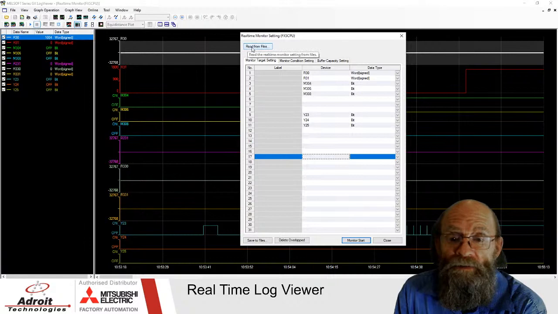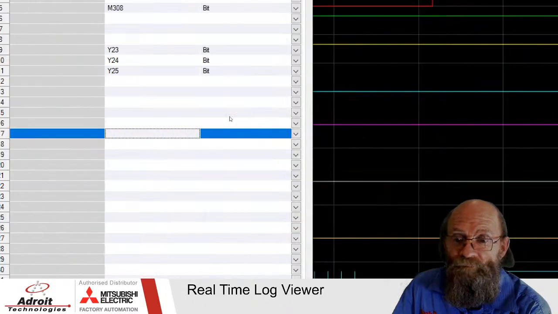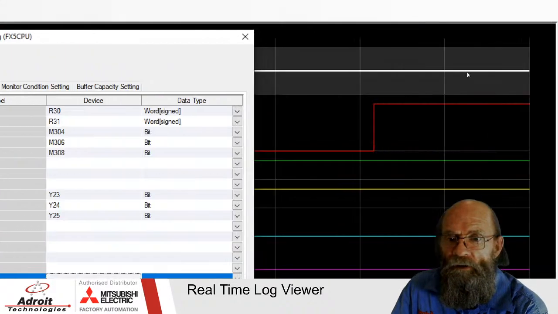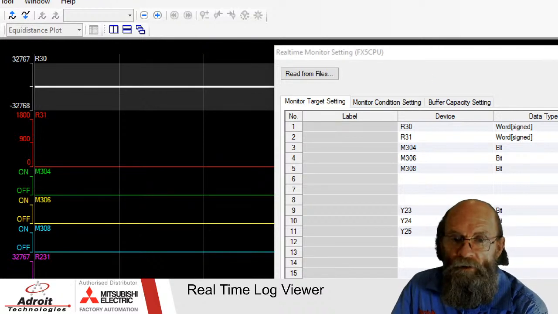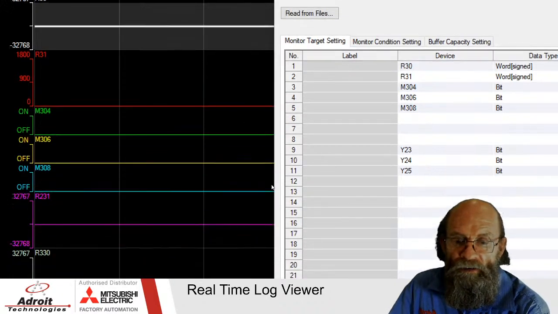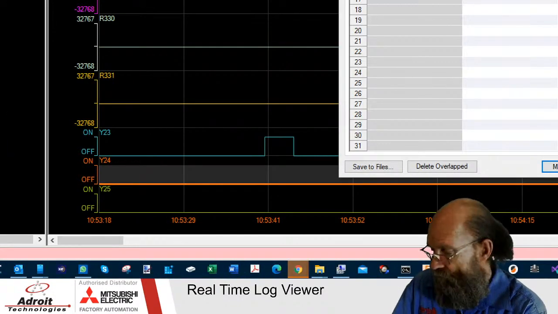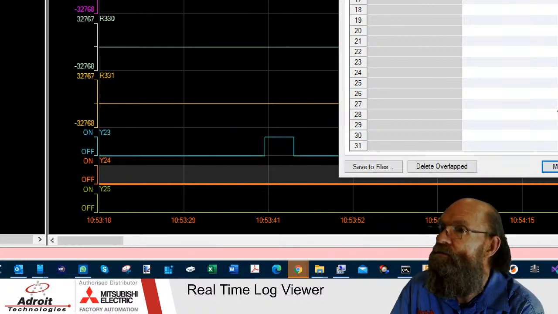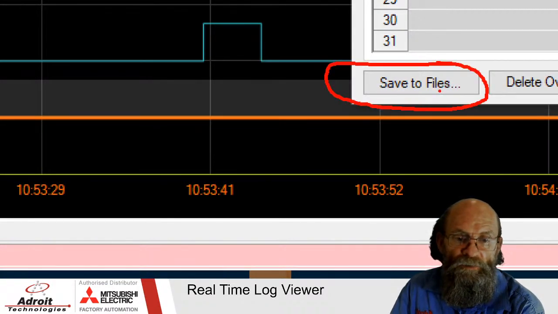And there's a button on top here where you can go and select. There we go. So there's your button, read from file, and the other button will be save to files. Okay,